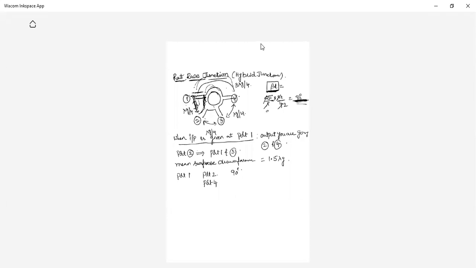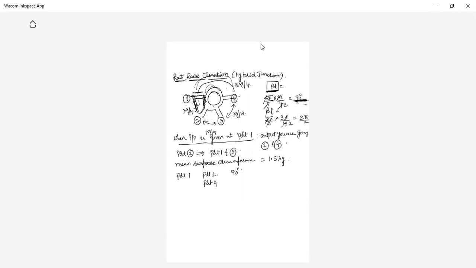So beta L, I can write beta L. Beta is nothing but 2 pi by lambda, and L is equal to 3 lambda by 4. If you do that, what are we going to get? 3 pi by 2. 3 pi by 2 means, what is the phase shift you are going to get again?